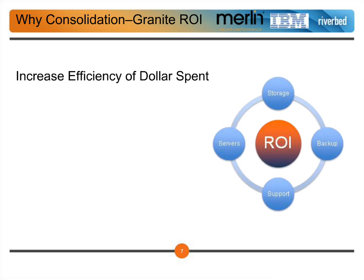Gartner did research last year and found that in the data center, the dollars you spend yield better returns. For every dollar that you spend, from a value perspective, you get 40 to 60 cents worth of value. And we'd like to see that number go even higher. This can really be attributed to the much more feature-rich toolkit in the data center. You've got enterprise-grade virtualization, much more feature-rich storage like IBM storage, and so on and so forth. You have much better availability of human resources present at that data center location,